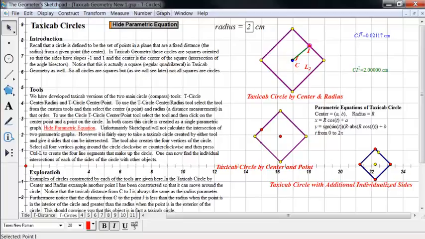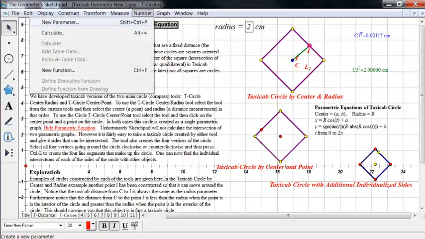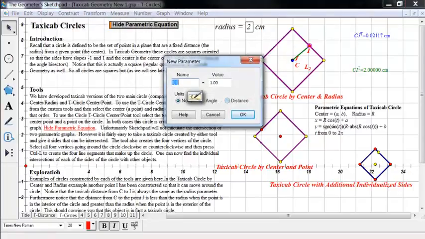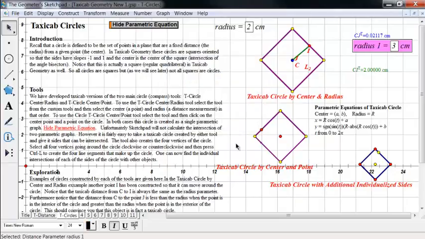So we can make a parameter this way: Number, New Parameter. Then we're going to make this a distance measurement, because this was made based on a distance, by just translating, and using this. So let's see here, radius 1,